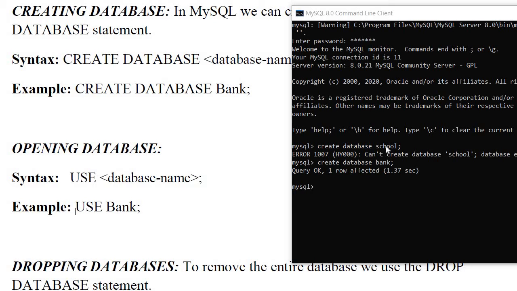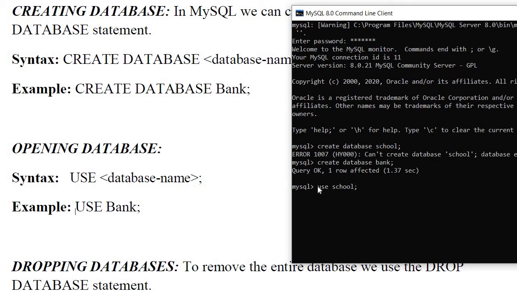Right now I created a database with the name bank, but I want to switch to the other database, that is school. I want to work on that database. For that I will write use, and then write down the name of the database, school.